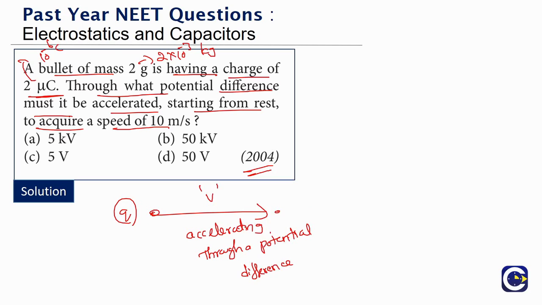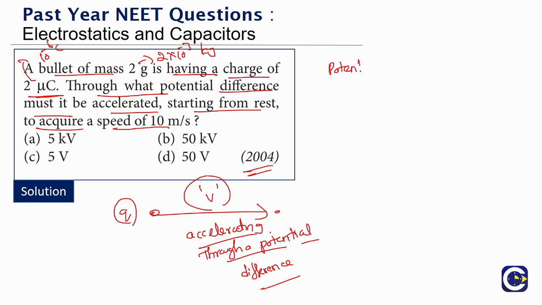So as a result, its potential energy will be decreasing. As a result, what is going to happen? Its potential energy will be decreasing, and the decrease in potential energy will result in an increase in kinetic energy. That is what we refer to as accelerating through a potential. It will be going through a region from high potential to low potential. So when it is having a potential drop of V,